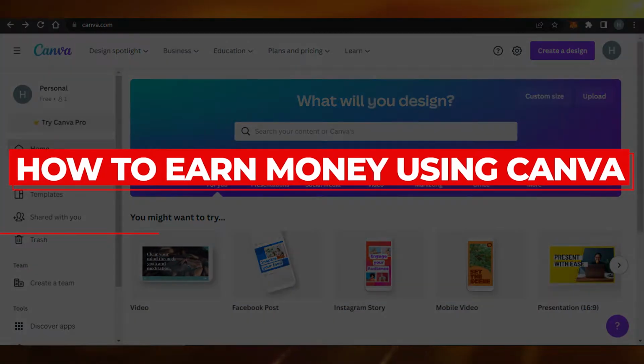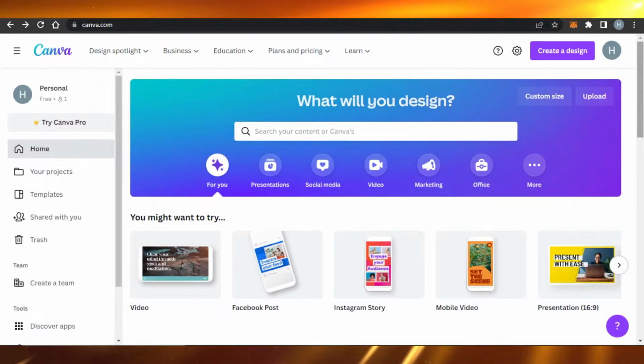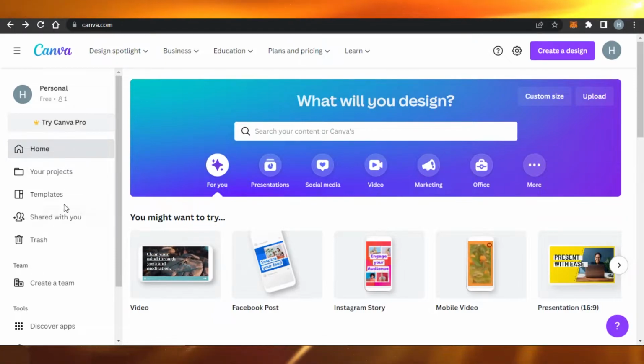How to earn money using Canva. Hi guys, welcome back. Today I'm going to be showing you how you can make money using Canva. So let's get started. First, what you have to do is simply go to canva.com and you will get to